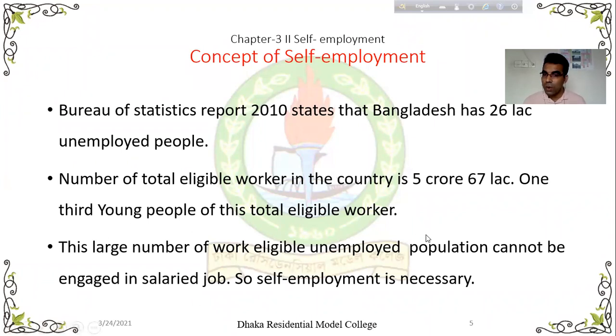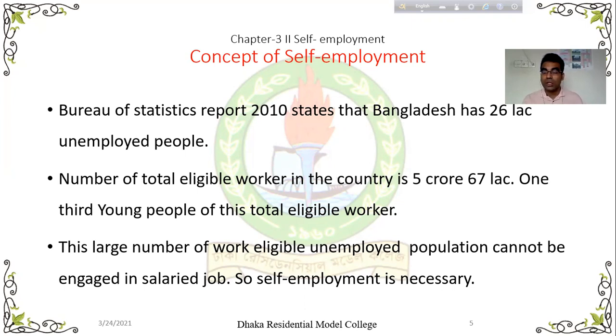এই 5 কোটি 67 লক্ষের মধ্যে 1/3 ইয়ং পিপল অফ দিস টোটাল এলিজিবল ওয়ার্কার। ইয়ং পিপল মিন্স যুবক যুবতী। হাউ মেনি ইয়ং পিপল অফ দিস টোটাল এলিজিবল ওয়ার্কার? 1/3, 3 ভাগের 1 ভাগ, অর্থাৎ 5 কোটি 67 লক্ষকে তুমি 3 ভাগ করে 1 ভাগ দিবে হচ্ছে আমাদের যুবক যুবতী। You understand? Yes, sir. এই যে 1/3 of this total eligible worker, এটা একটা বিশাল বড় সংখ্যা।